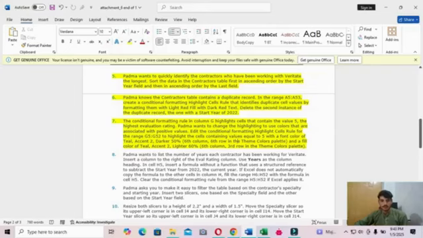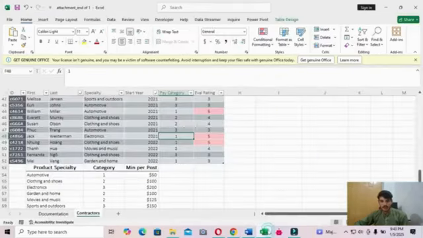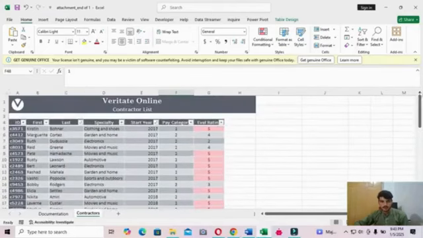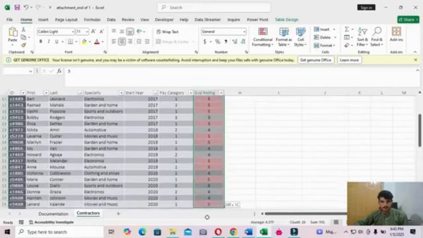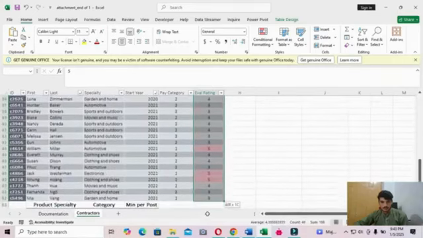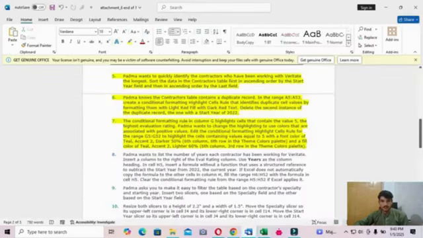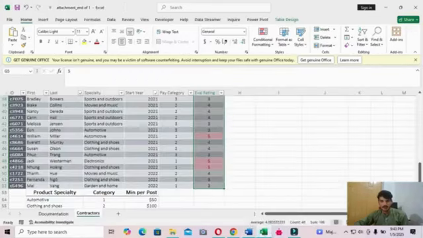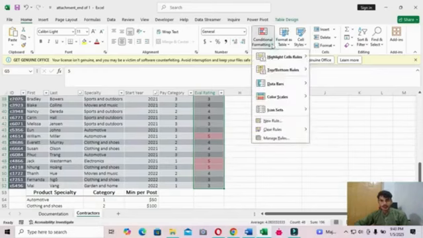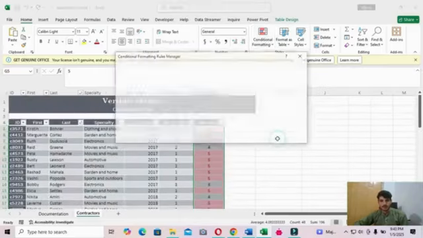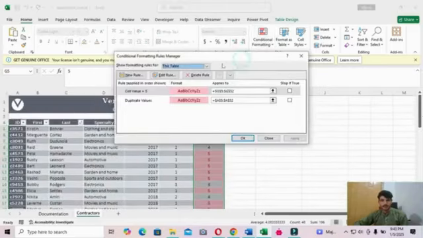Okay, go back to the Excel worksheet and select column G. Go to the Home tab, click Conditional Formatting and select Manage Rules.